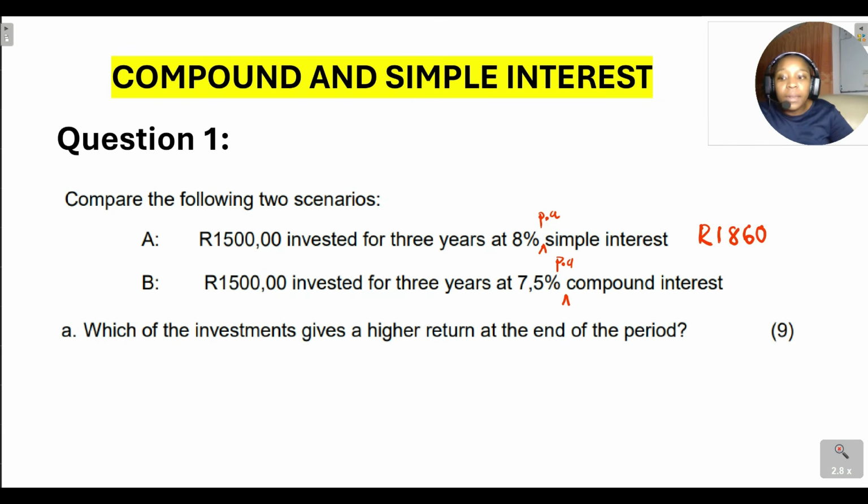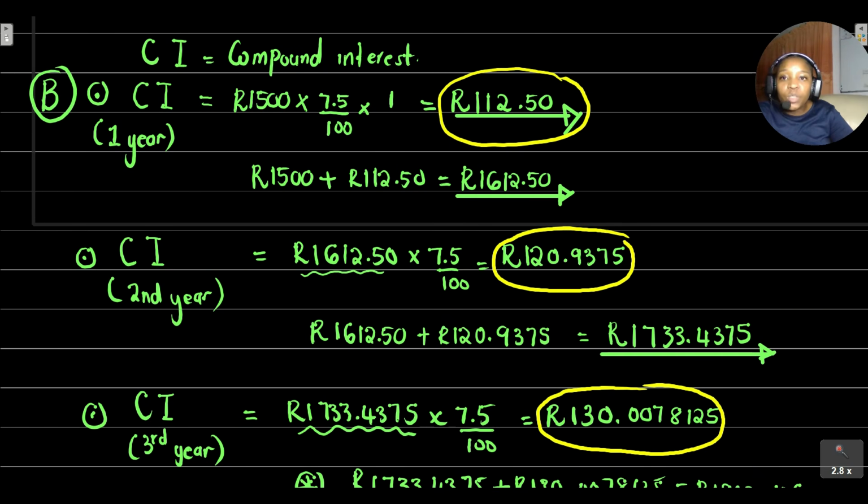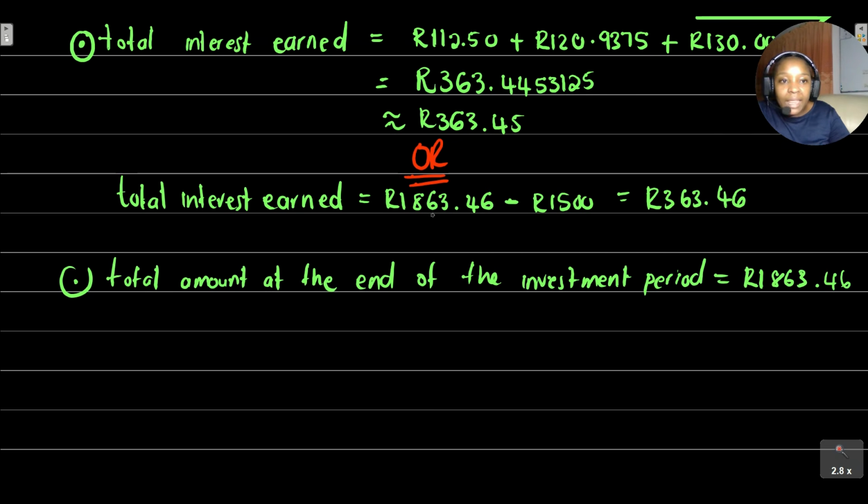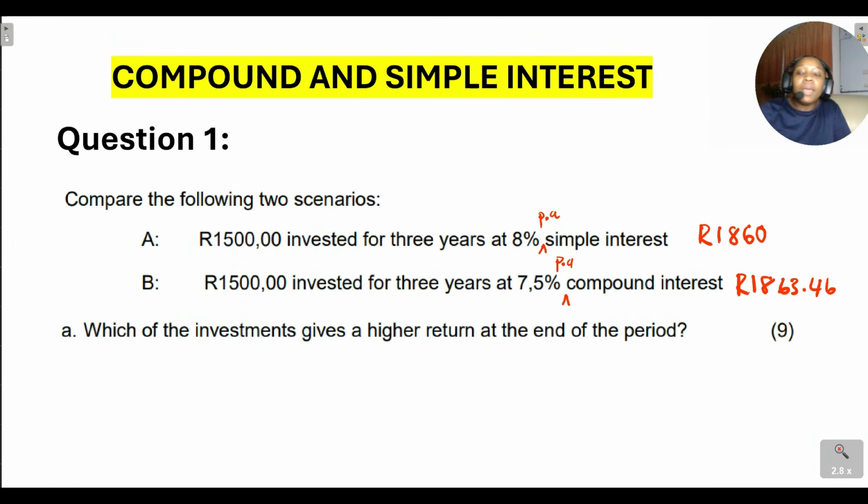And then for B, if you invest 1,500 at an interest rate of 7.5% per annum compound interest, at the end of your investment you'll have 1,863.46. So what we can basically see from these two scenarios is that obviously the compound interest gives a higher return at the end of the period. And also, even if we decided to do this calculation with the same interest rate, you'll actually come to realize that